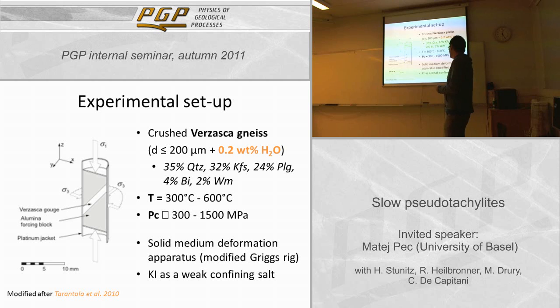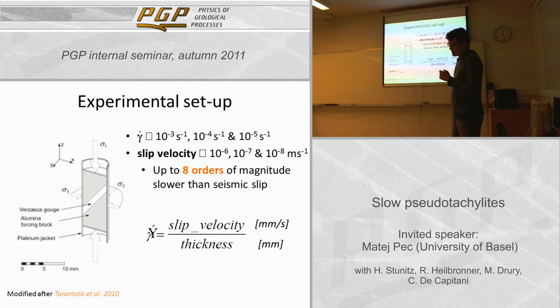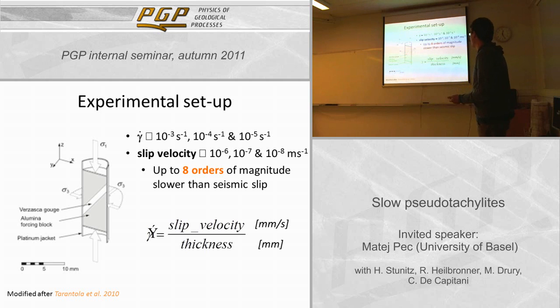We deform it in a solid medium deformation apparatus, and we use potassium iodide as a weak confining salt, where the strength of the potassium iodide cannot be measured, so we can neglect its influence on the sample strength. Now, the strain rates that we induce are 10^-3 down to 10^-5 per second, which corresponds to a slip velocity of 10^-6 down to 10^-8 meters per second. So our slip velocities, which are physically bounded by the speed at which we drive the piston down to the sample, are up to 8 orders of